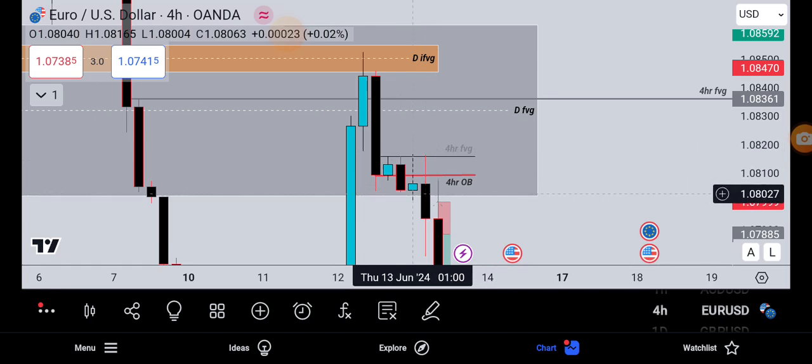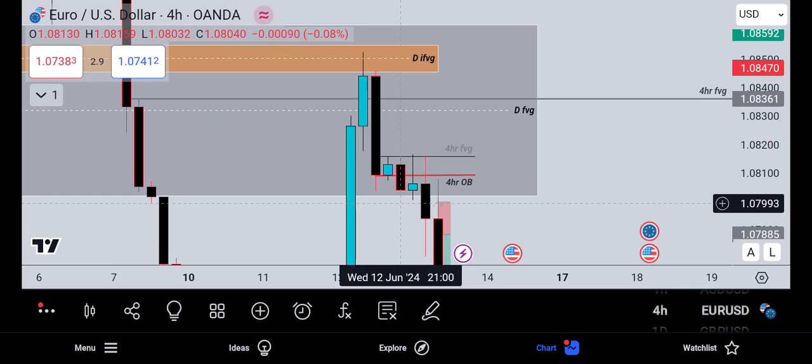Then we can see this sharp rejection lower. With this rejection lower, if we go onto the lower time frame, we'll notice we have lots of fair value gaps that were formed there, bearish fair value gaps. With this price action that I'd noticed inside the 4-hour time frame,